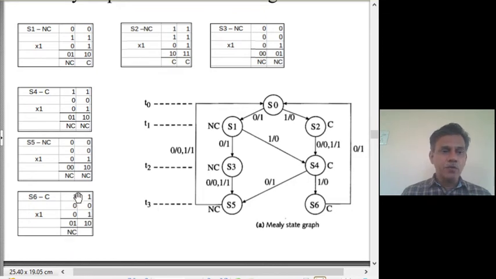So accordingly, if you look at this one, the result is 0 or 1, which means when you get a 0, you produce a 1 and go to a no carry state. That is what is indicated here. When you get a 0, you produce a 1 and go to a no carry state and also to a state S0, which is the initial state. Perfect. But now look at this one.